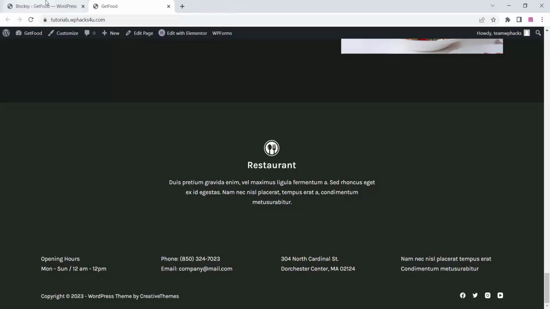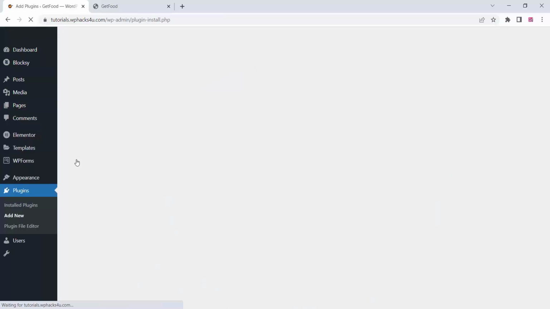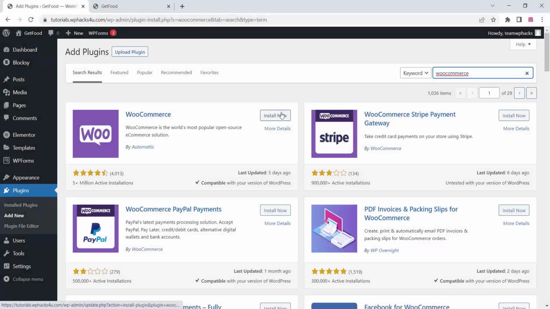So go to your WordPress dashboard, click on the plugin section, and you need to add some plugins. Click on add new, and here you can add the WooCommerce plugin. It's a very important plugin for our website. So just install WooCommerce,